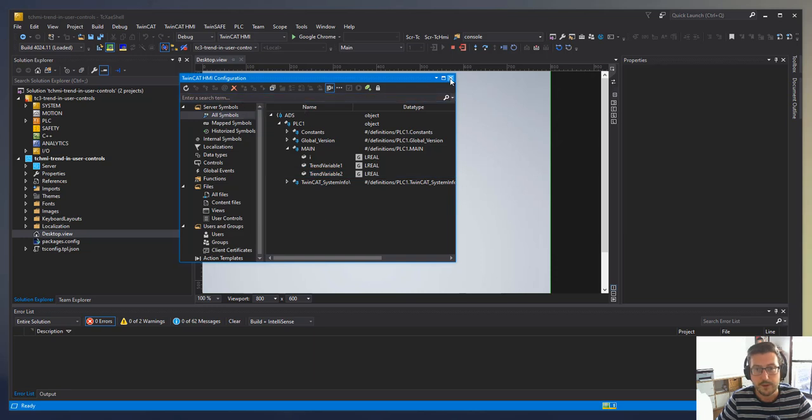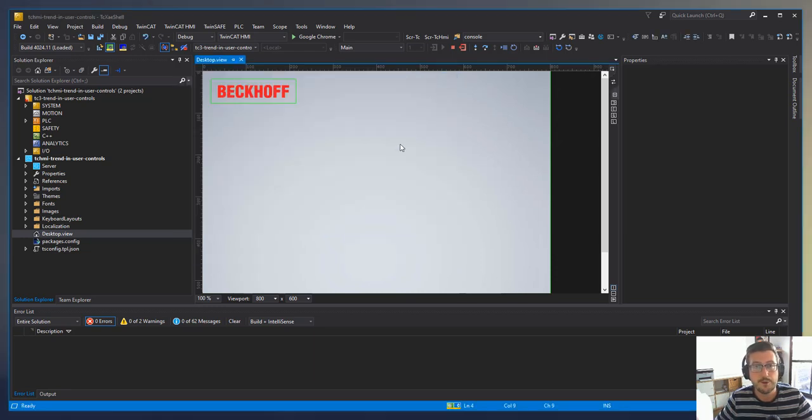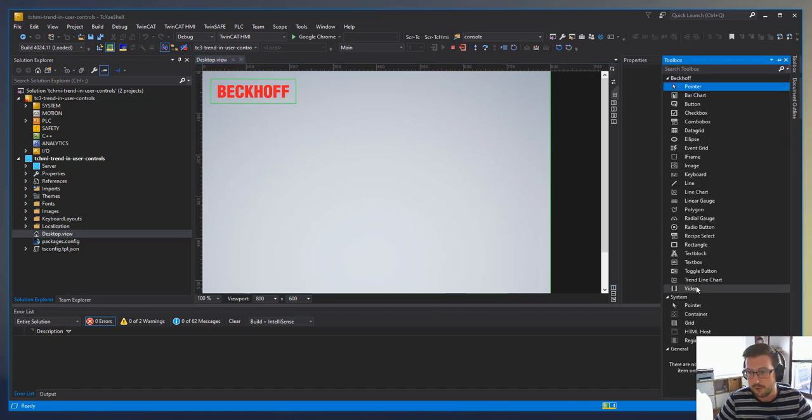Okay, so that means that the project now knows the symbols via ADS, and not only that, the historizer also knows what these symbols are, and it will start to historize them in the background. We do obviously have controls behind the scenes to be able to enable and disable historizing, but that'll be a different topic. So the way we've got it set up at the moment, it will automatically start historizing the minute the server goes live. Next, let's drag on a trendline chart,